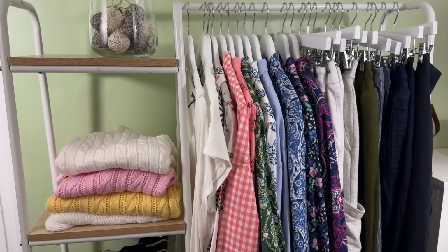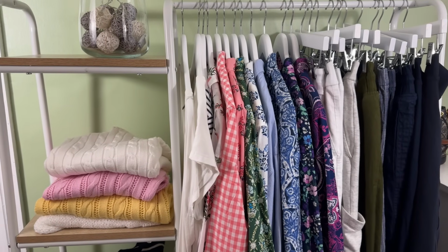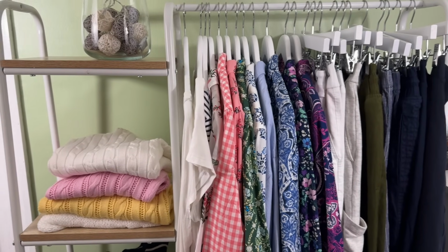I've brought in lots of color, sweaters for over my shoulders, of course, and coordinating bottoms, but I love bright,